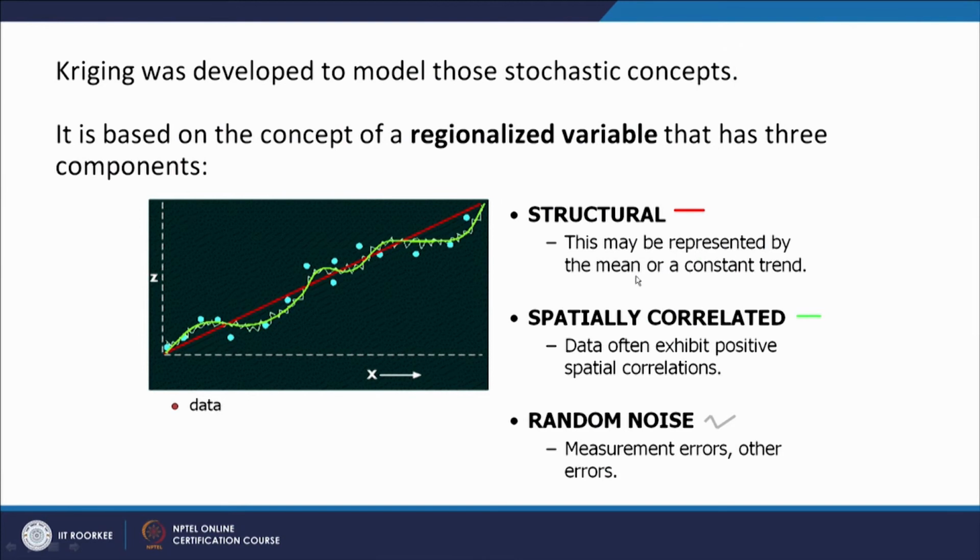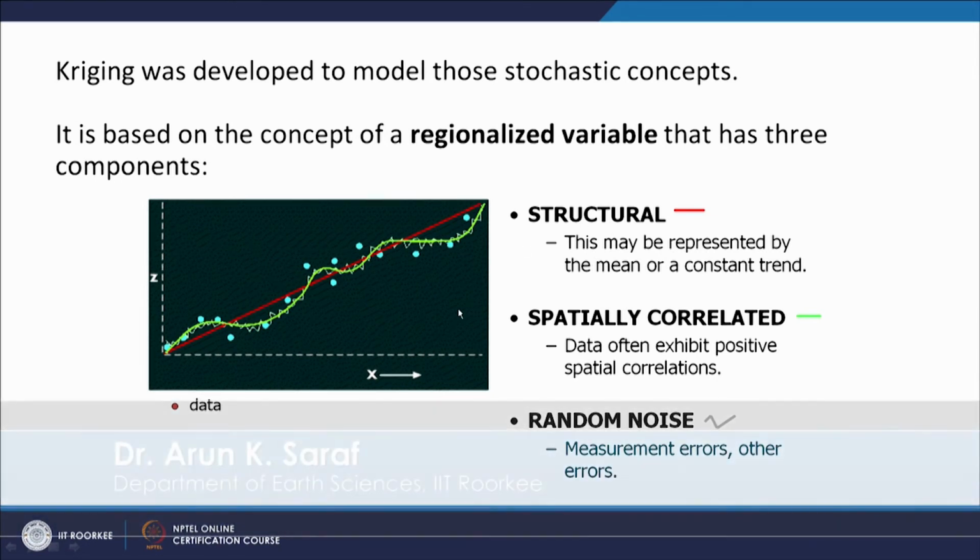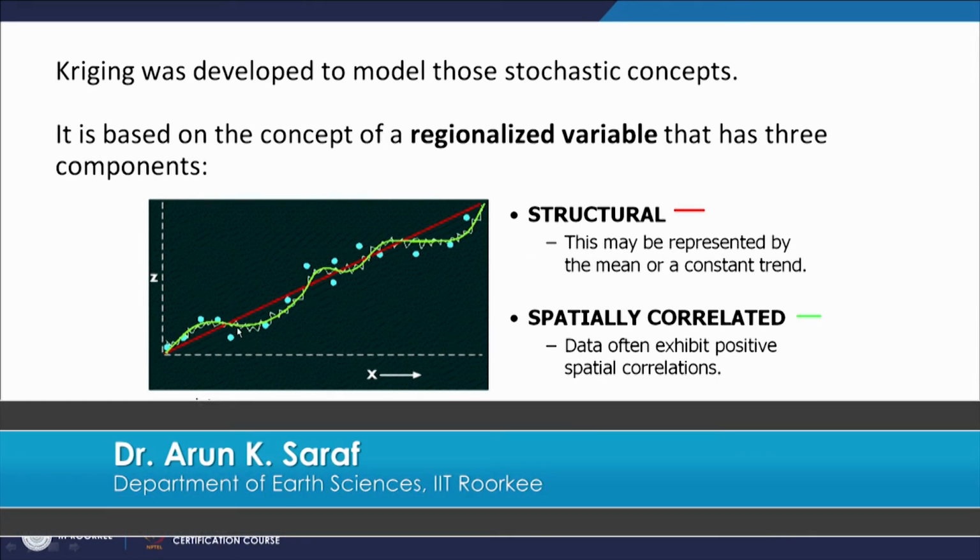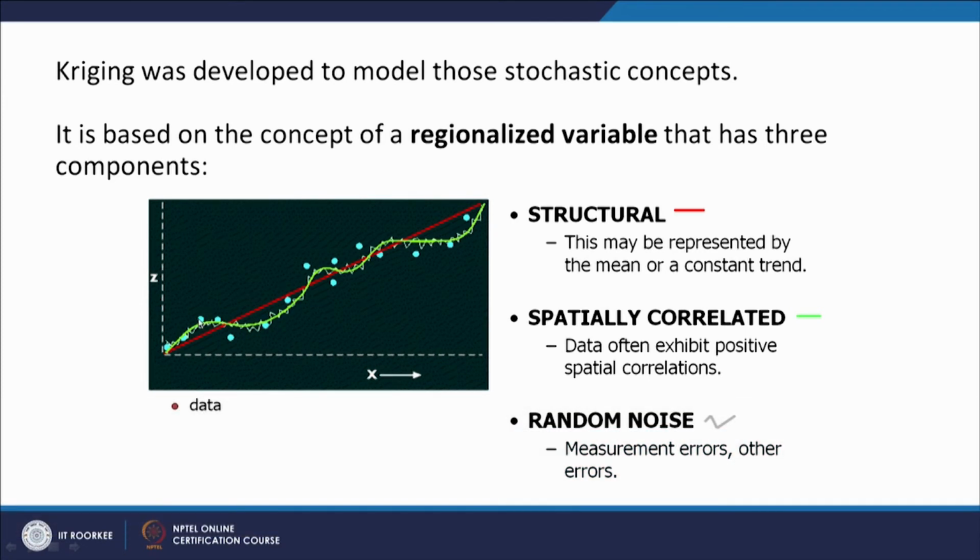This may represent the mean, a constant trend, or a spatially correlated component, since data often exhibits positive spatial correlation, or random noise, which is shown through a zigzag line. So, the point observation data is here, the structural trend is there, then the spatially correlated data is here, and then random noise. This noise is the measurement error, and that is the advantage of